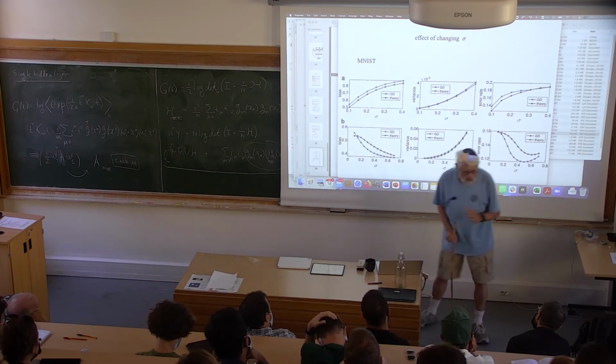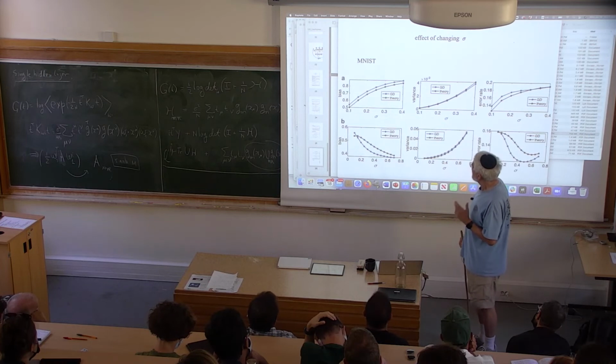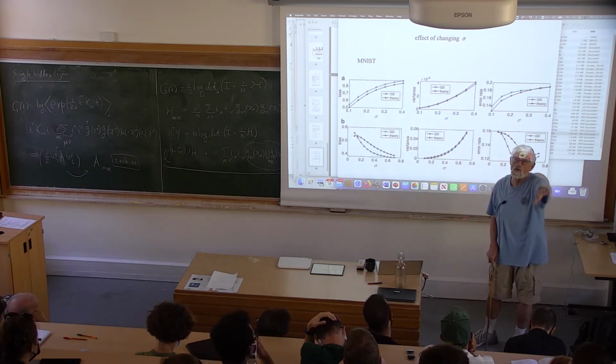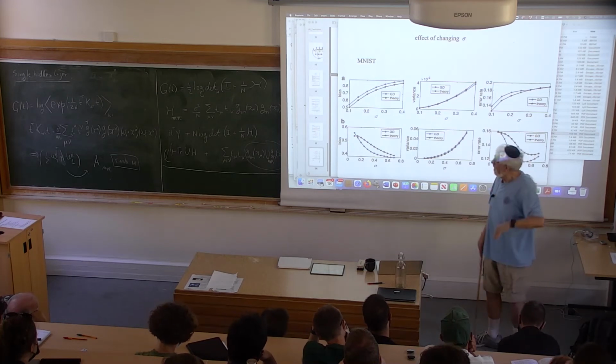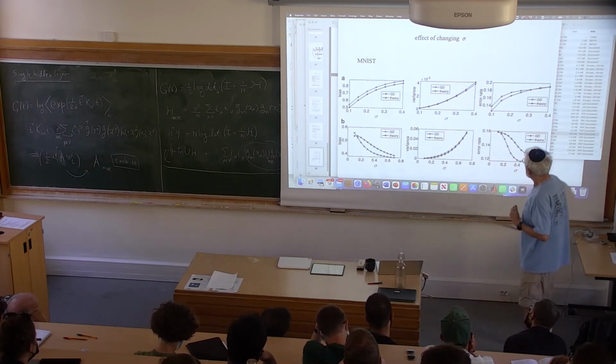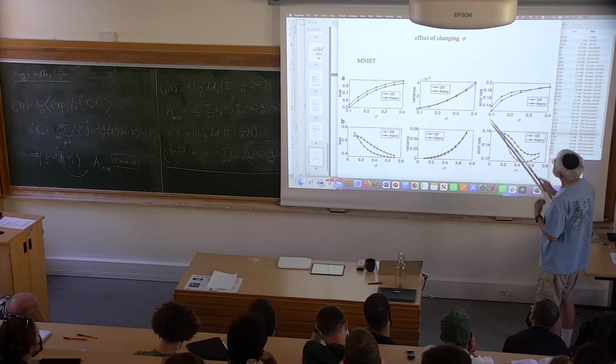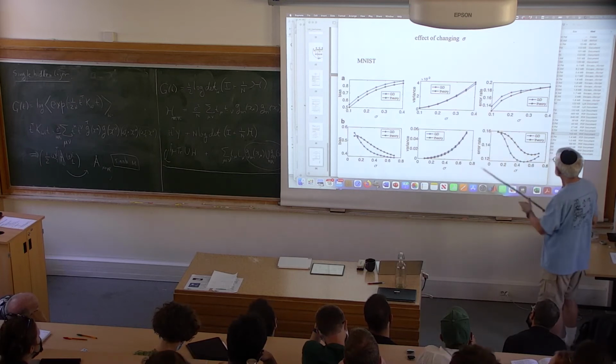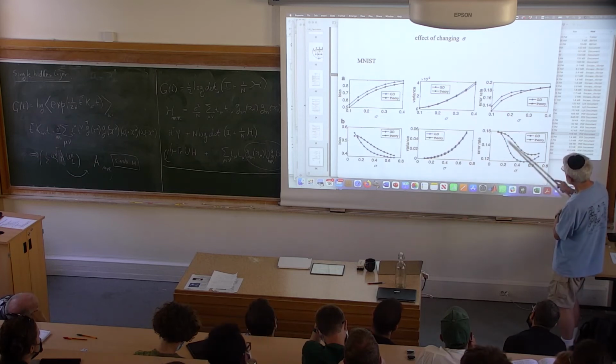Okay, so sigma, it's interesting, the regularization parameter sigma. In the linear case, it's always the case that sigma going to 0 is the best, in terms of generalization. But this is not the case here. So this is an example of MNIST, and there are many parameters here, but it doesn't matter. I want to focus on this. The error rate,